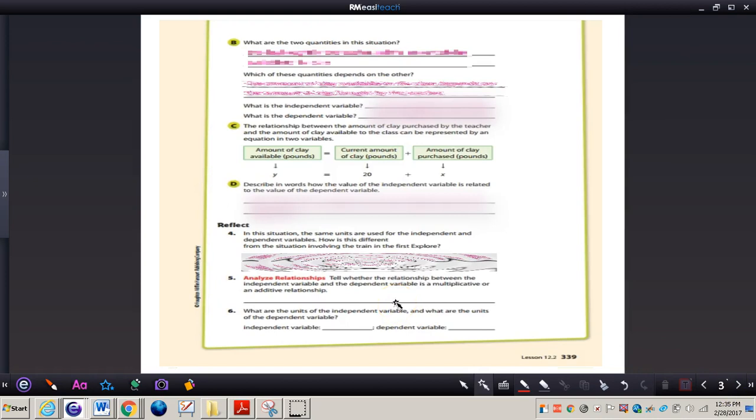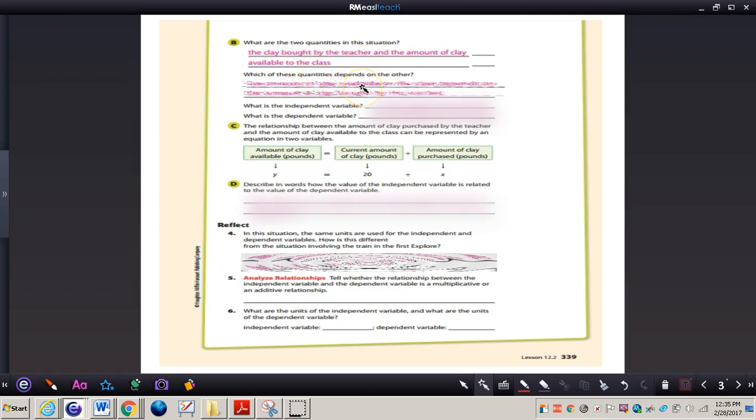Now it says, what are the two quantities in this situation? The two items that we're dealing with are the clay bought by the teacher, so let's write this down, and also the amount of clay available to the class. So those are the two quantities that we're looking at. Clay bought by the teacher and the amount of clay available to the class. Now,